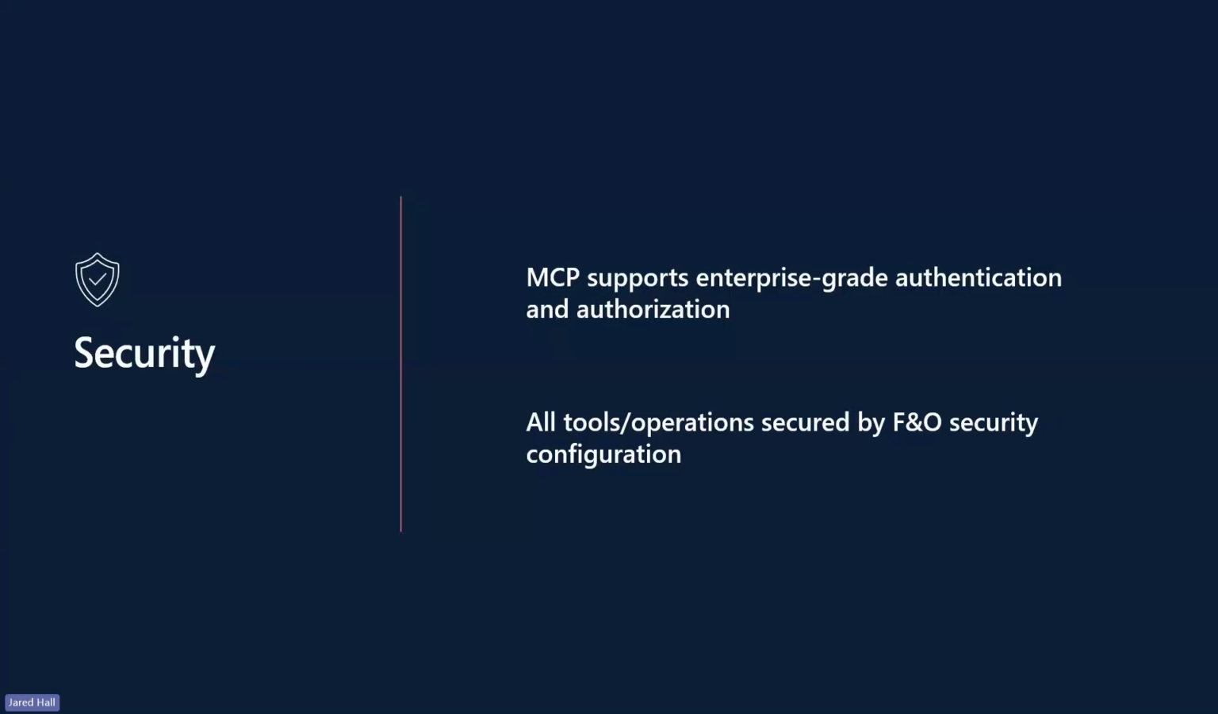our MCP server, that any operations that go through the MCP server are bound by F&O security roles, duties, and privileges. So the security context in which your agent is running, whether it's an autonomous agent that has an identity assigned to it, or whether it's running on behalf of a user in a chat copilot experience, whatever authenticated identity is passed to F&O must be assigned to roles, duties, and privileges. And we will only surface the view model to the agent that is granted by security. And any operations that the agent tries to perform are also bound by those same roles, duties, and